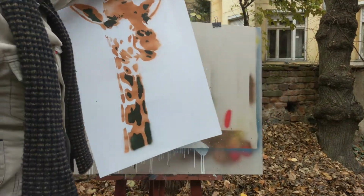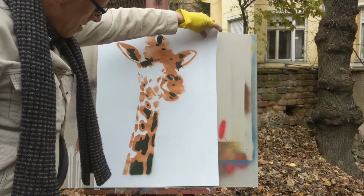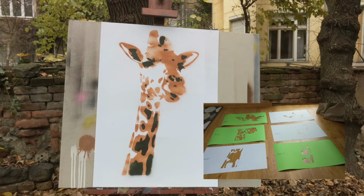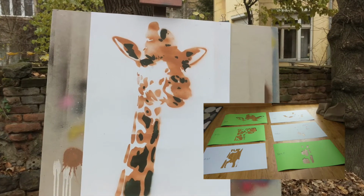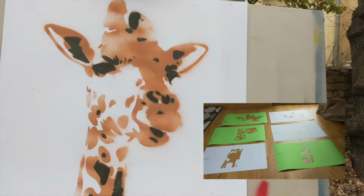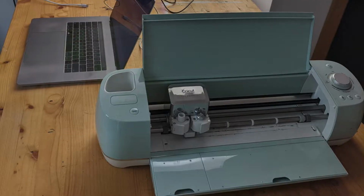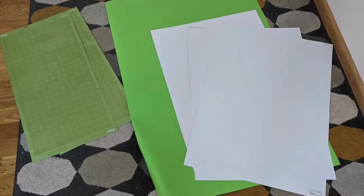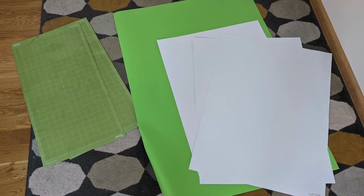We're going to paint a giraffe, and we're going to paint actually a 30-inch tall giraffe. What's unique about this process is that we're going to paint each layer not with just a single stencil, but with 3 stencils, and we're going to cut each of those 3 stencils independently. So in total, we're going to have 6 stencils to paint 2 layers of paint, a mid-tone and a dark